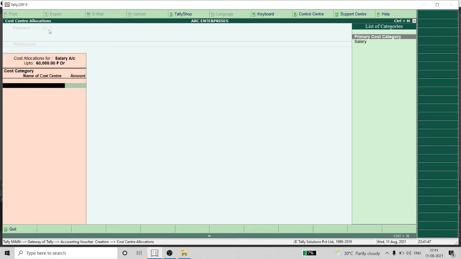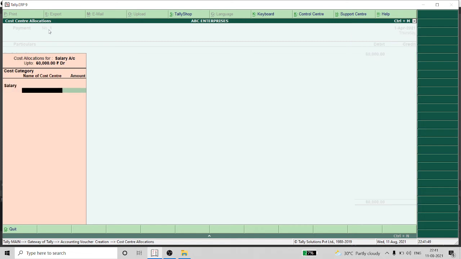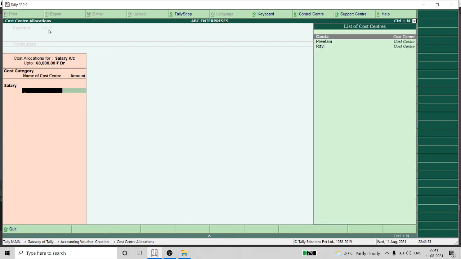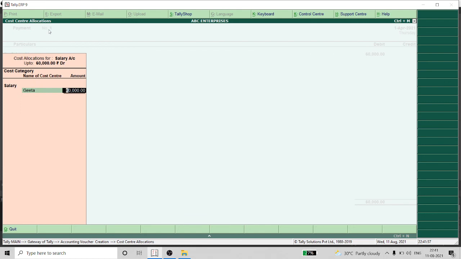Under category we have to take salary, and here the names of cost centers. For Geeta, how much salary am I paying? 15,000.